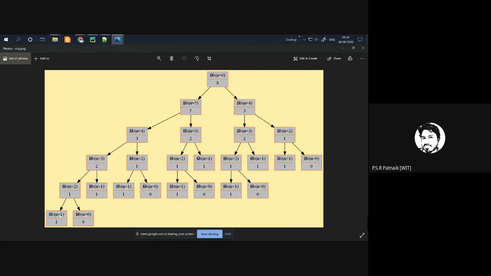So I need to look at these values. n is equal to 1, 2, 3, 4, 5, and 6. Apart from that, I do not find any other values, right? Do you find n is equal to 7, n is equal to -1, n is equal to -8? No. Or n is equal to 10? No. If I call the function with n is equal to 6, the maximum values you will store are 1, 2, 3, 4, 5, and 6.